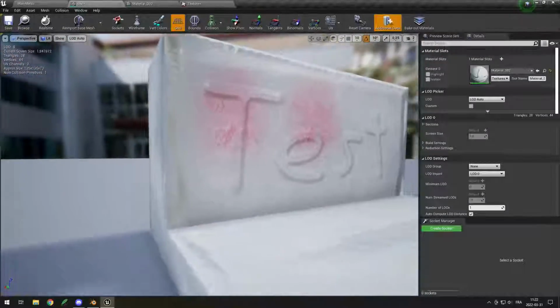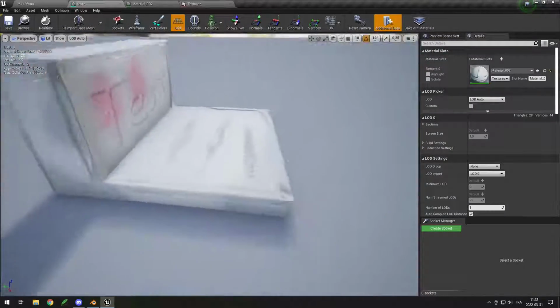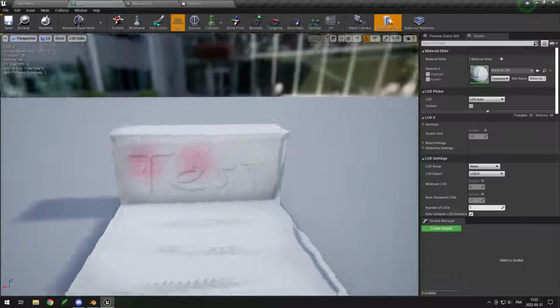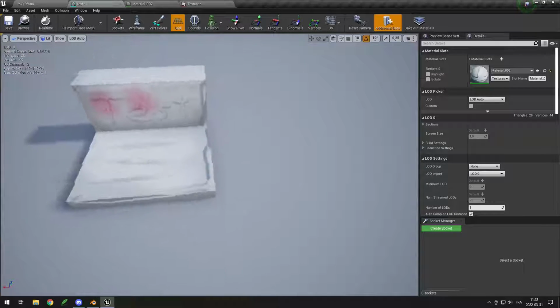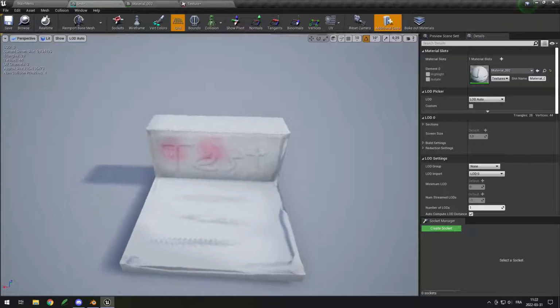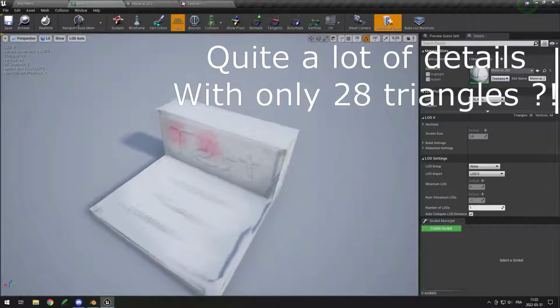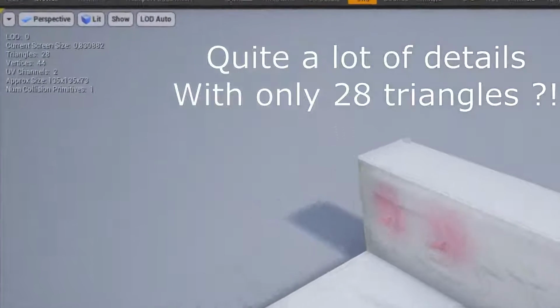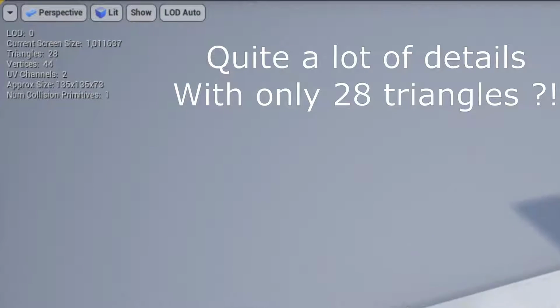Hey, I'm Max and today I will show you how to optimize your meshes for game dev in Blender while keeping some details. The most important thing for game dev meshes is that they have as little triangles as possible. The more triangles, the more time it will take for the GPU to render, so the lower FPS your game